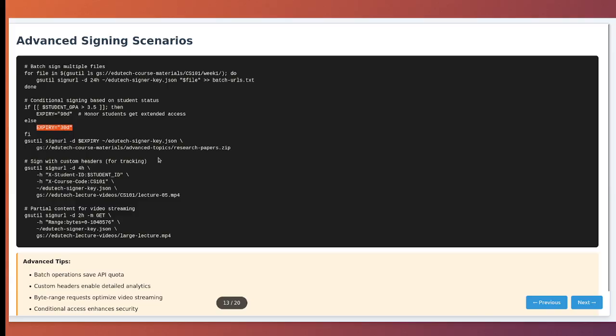The custom headers example uses -H flags. Each -H adds a header to the signed URL. X-student-ID and X-course-code are custom headers we invented. The X prefix indicates they are custom headers. When someone uses this URL, these headers are sent with the request. Our logging system captures them for analytics, so we can track which students access which content without putting sensitive data